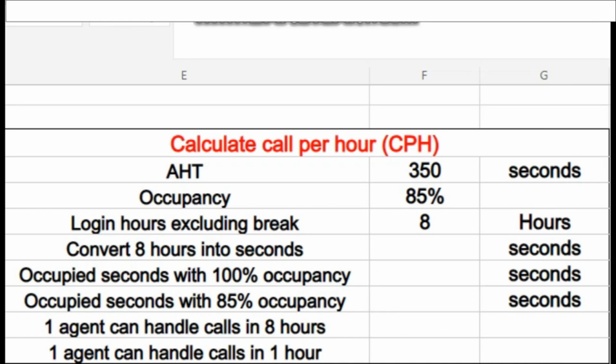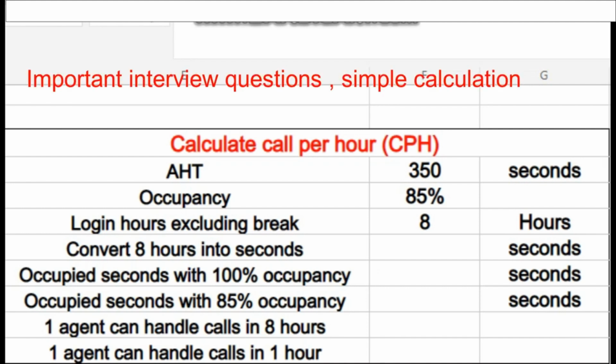In today's video, I would be talking about how we can calculate calls per hour. This is a very important interview question that is generally asked during interviews, so that needs to be